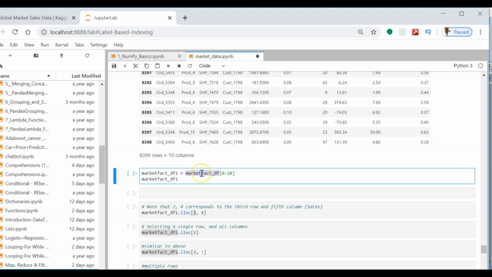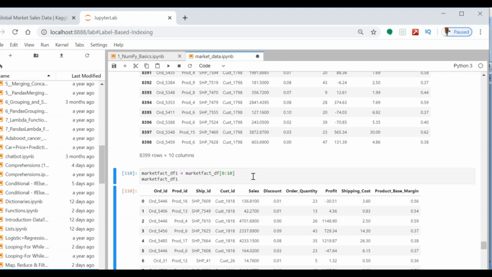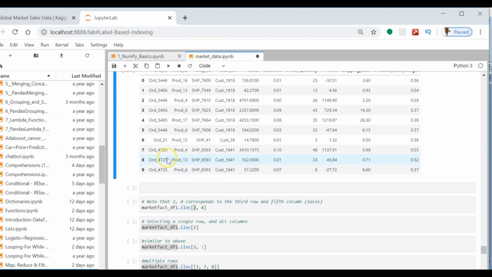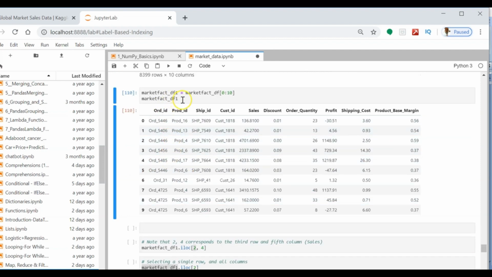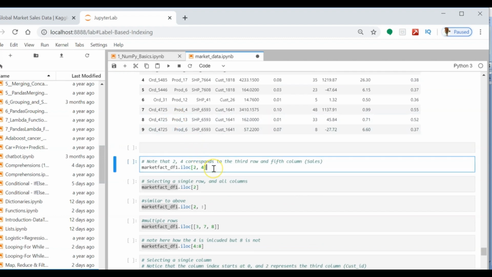So here, to have a better understanding, I'm going to park 10 rows into another data frame, which is market_fact_df1. So we can do it this way. The 10 rows are already parked under market_fact_df1, which is also a data frame. Now in position-based indexing, we are going to make use of the function iloc given by pandas. So if you want to select the third row and fifth column,